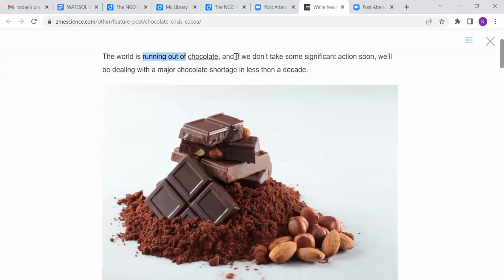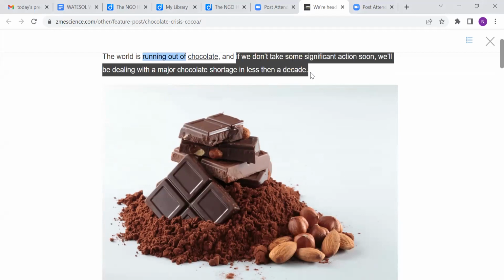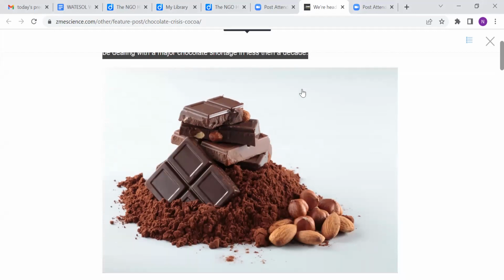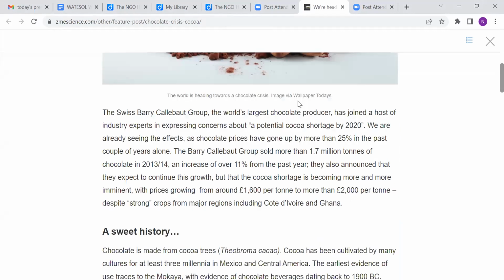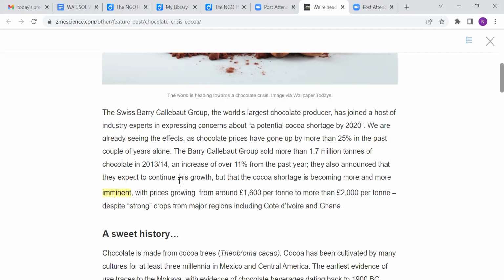If you wanted, you could also mark some kind of grammar here. If we don't, we will be. Is there anything down here that you would mark with yellow, for example? Any vocabulary words? I chose the word imminent. Further down. Sorry, I don't see it. Oh, here it is, imminent. Right, so we can make imminent yellow. And point out the British language versus American with the pound